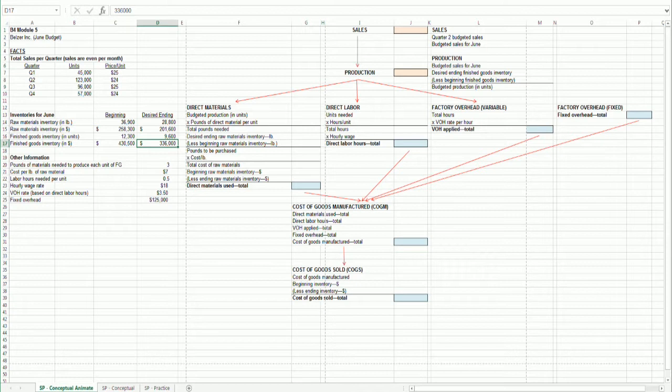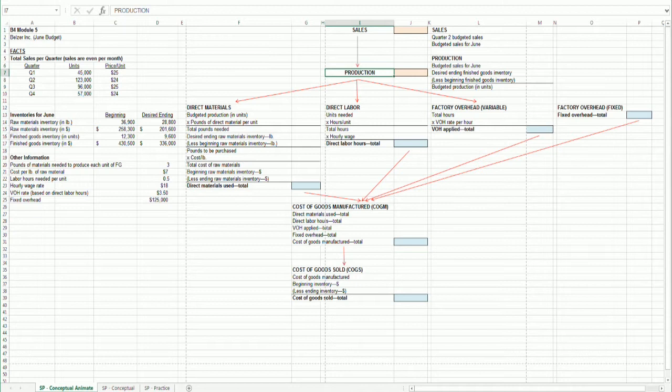One of the most important pieces of budgeting to understand is it's like dominoes. One budget has to be done first to knock into the second budget, and the second budget to the third, and so forth. And if you don't do them in the right order, you're not going to be able to solve the problem. Well, in this case, here's the logic. So we're going to go from top to bottom. First off, you have to know what your proposed sales are going to be. Because unless you know what you're going to sell, you don't have any idea what you need to produce, right? You need to make sure you have enough production to have enough inventory to be able to sell everything you think you're going to sell.